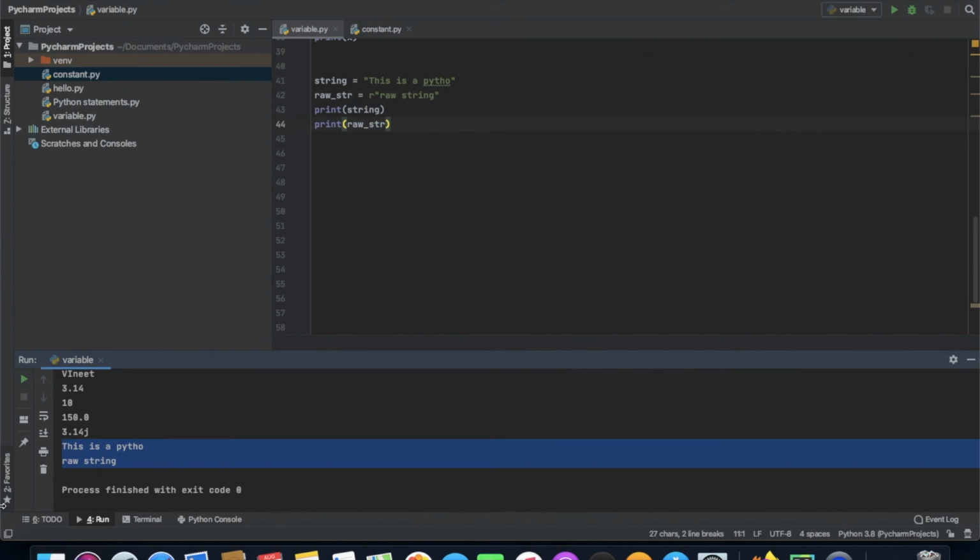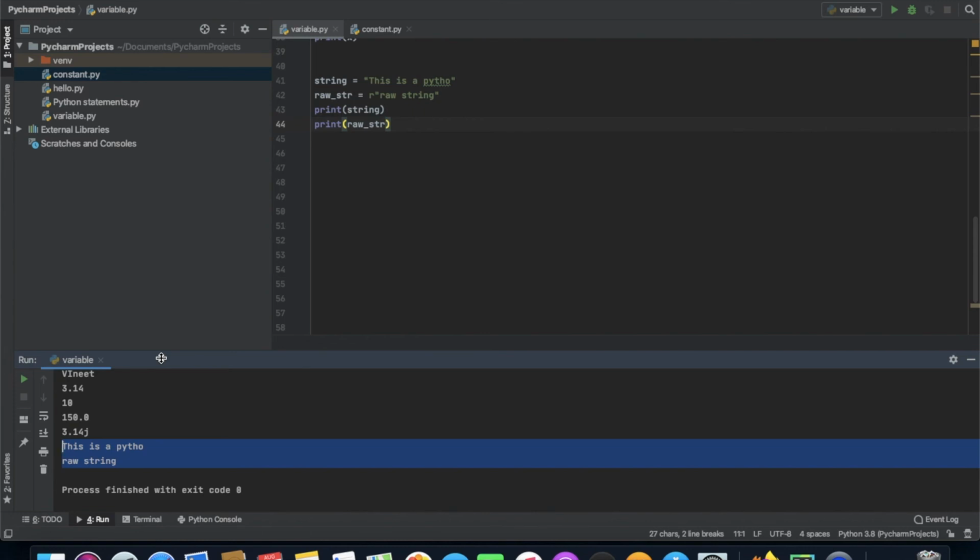In this program, "This is Python" is a string literal, so we have defined it as a string literal, and the last one is a raw literal. There are some other types of literals also, like character literals and multi-line string literals. You can learn from the official documentation about what these types of literals are. I'm just giving you the basic overview of these literals, which are important for you to know about.